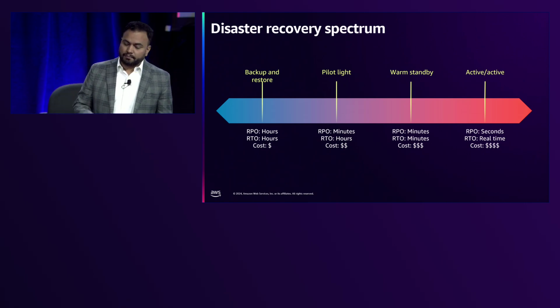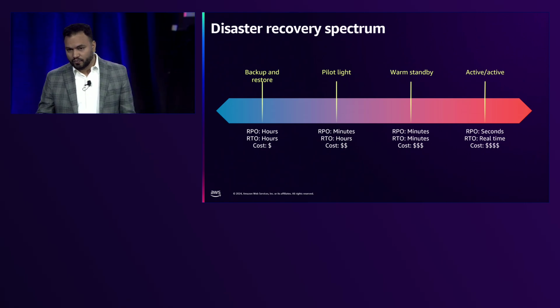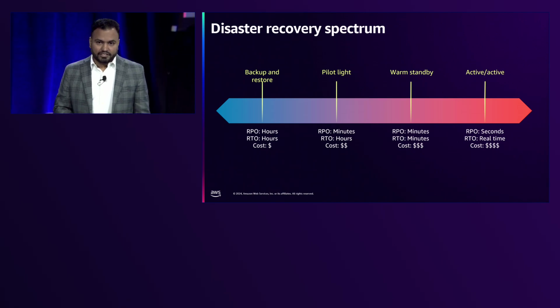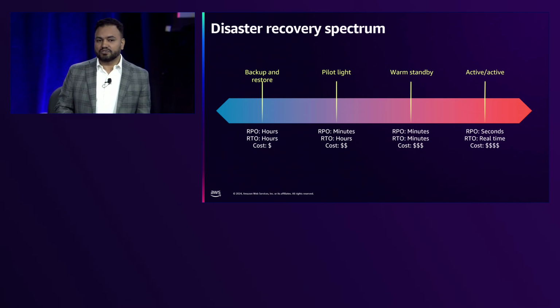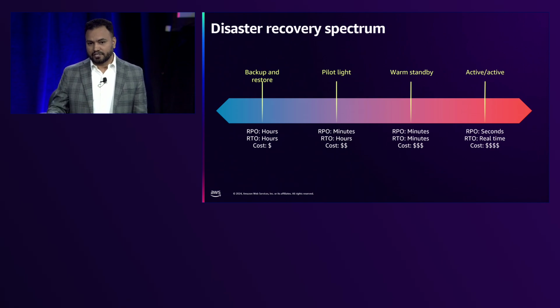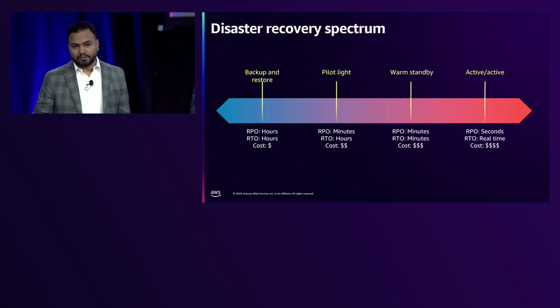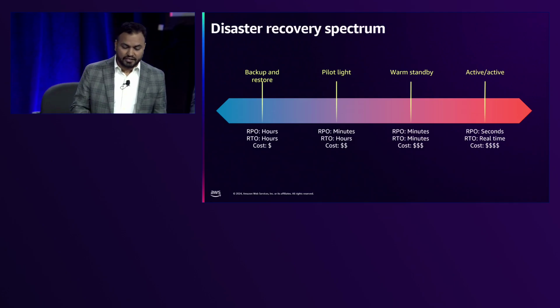So based on that, backup and restore is the most common one, in which you back up your existing applications and servers to a vault. And you can recover whenever you need to. The second strategy is the pilot light. In this strategy, you do a continuous replication of your data to the AWS Cloud, but the application servers are not running yet. Only the continuous replication of the data is happening, which is why it has an RPO of minutes